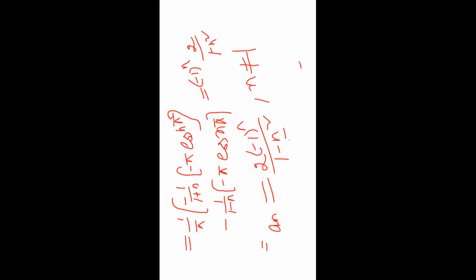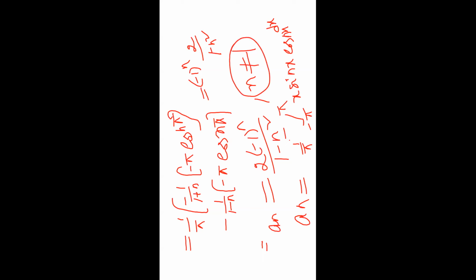To find the value, we replace in the an formula: an equals 1 by pi integral minus pi to pi f of x, where f of x means x sin x, into cos nx dx. This is the an formula, but n not equal to 1 is not sufficient, because replacing n equal to 1 in an gives infinity. That's why we have to calculate a1 separately. Just replace n equal to 1 in the an formula. So here also cos x.